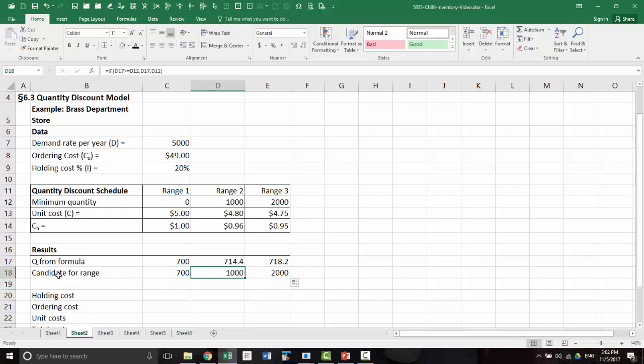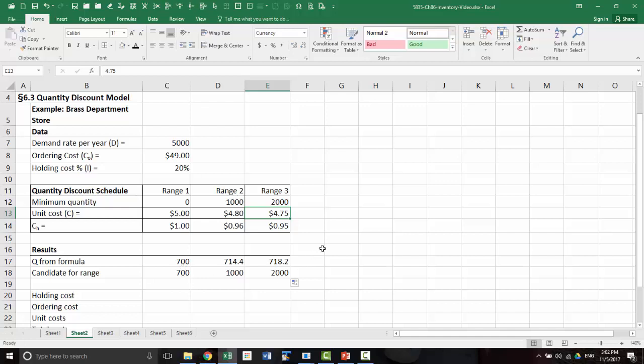So then the candidate for that range is 1000 for that price, 2000 for that price. Okay. Now what happens if this quantity that you calculate is greater than the minimum of the next range? Suppose this turns out to be 1200. So 1200 means you can qualify for $4.80. You don't have to order at $5. So then you can ignore that